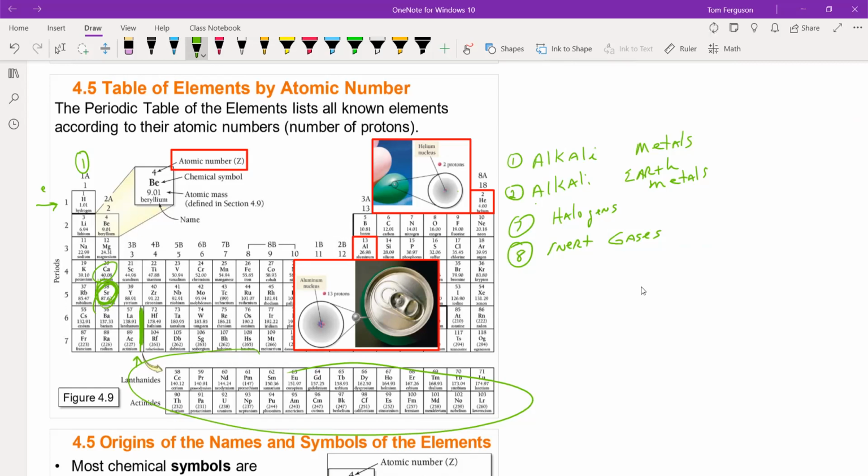The next group you need to know is the alkali earth metals. Again, chemical characteristics are the same in that column. Halogens are on the far right. And lastly, the inert gases or